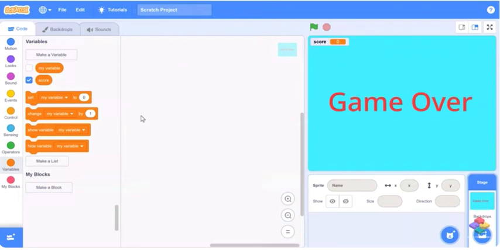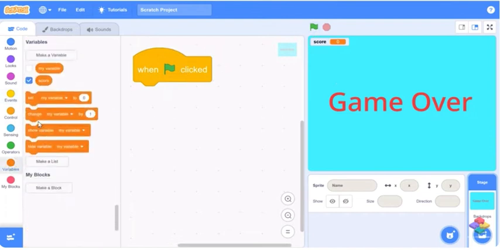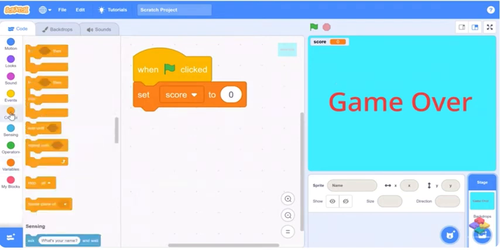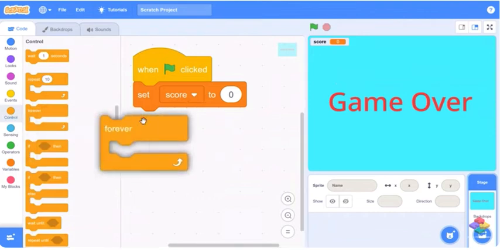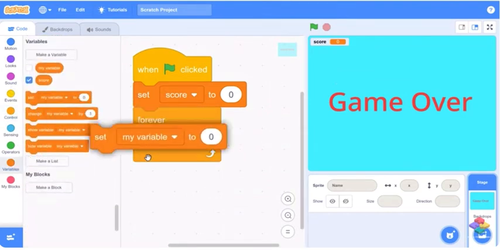So click on this backdrop, and here I will add some code for my score option. So just click on events and click on this when flag clicked. So initially when I click on flag, the score will be 0. So set my score to 0. Now forever the score will be increasing after 1 second one by one. So for this I will choose a forever block, and in this I will choose change score by 1,